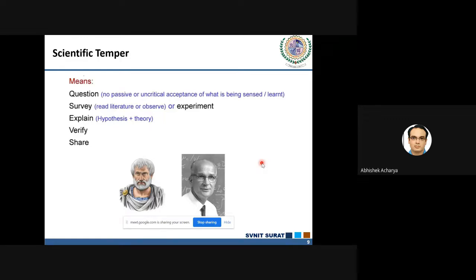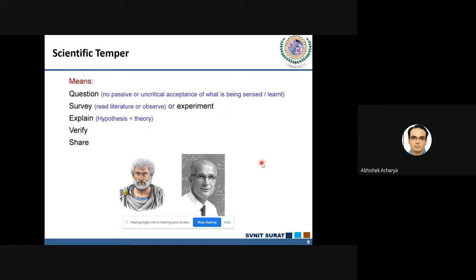So that is why scientific temperament should be very high among design thinkers, because in the design thinking process, everything revolves around the term why. You have to ask repeated questions about why it is happening. If it is happening, then why is it happening? If it is so, then why is it so? So every time we have to look at the term why over there. That is why questions are very important